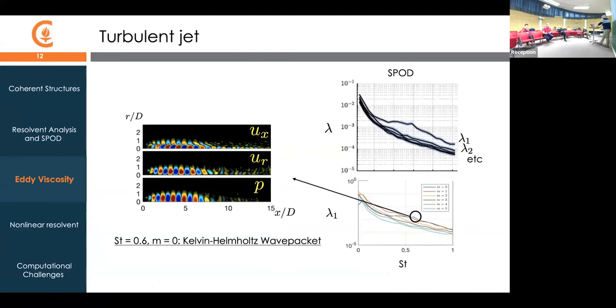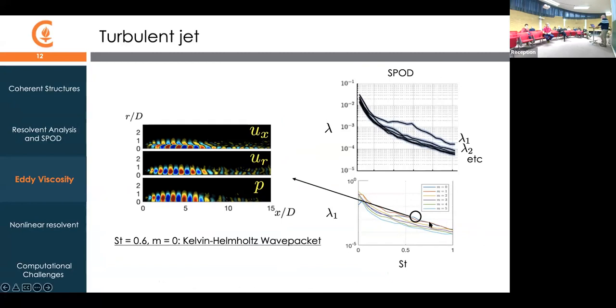Okay, so what I want to do now is take you through some of the observed coherent structures in the jet. I'm going to do this by first giving you the interpretation that we had of these structures before we got turned on to resolvent analysis, when we just had to sort of guess what they meant. Then I'm going to show you how applying resolvent analysis to this same jet really brings into focus what the physics of these different modes are.